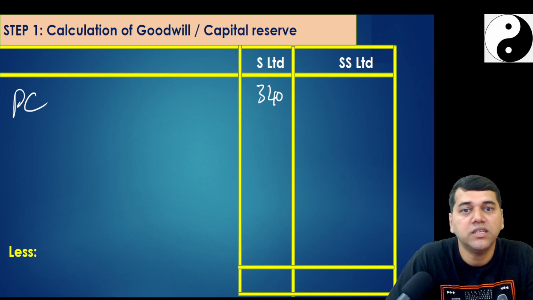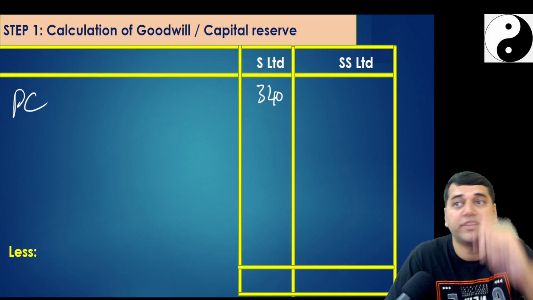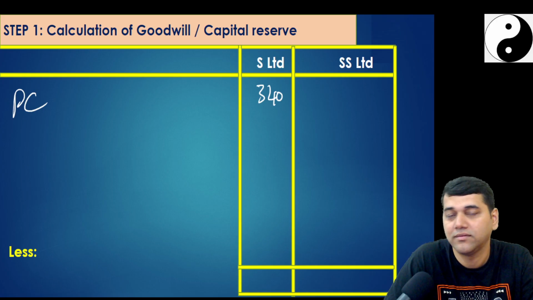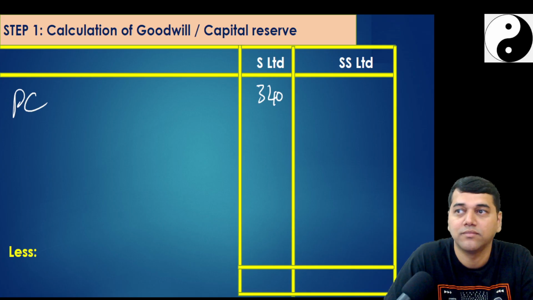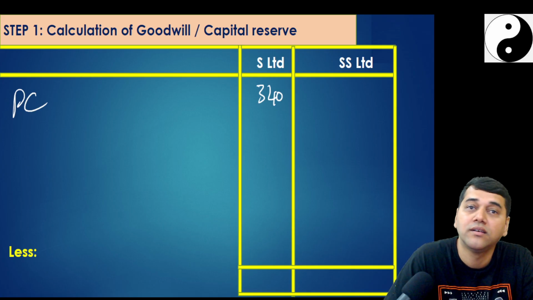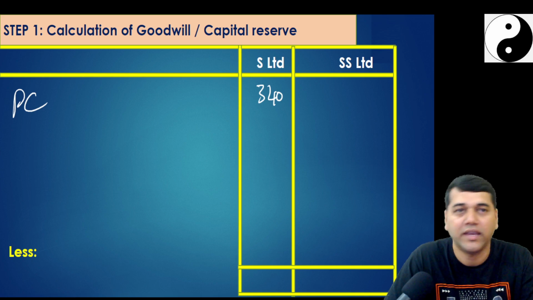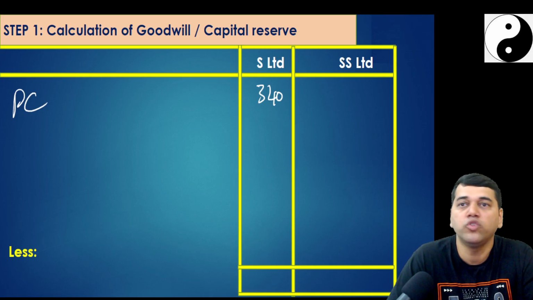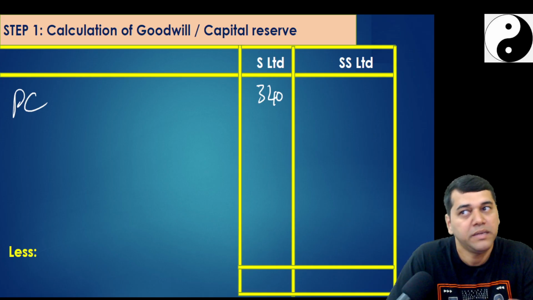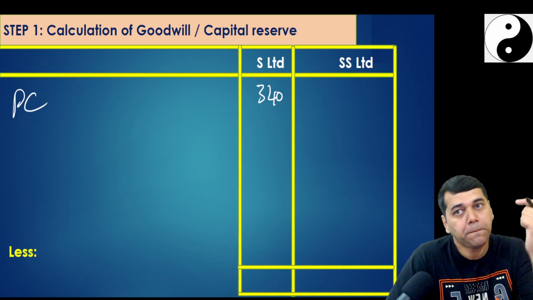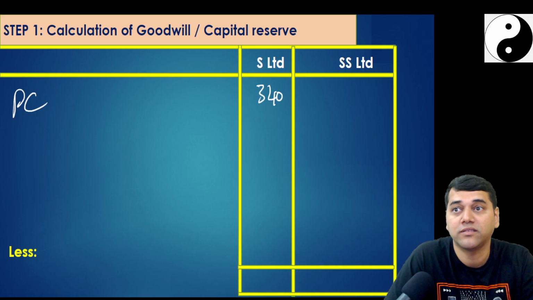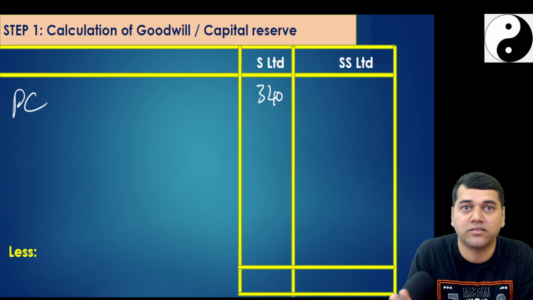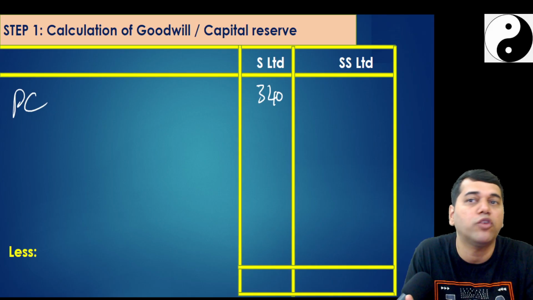How much did P pay to the owners of SS? 280. Who paid? Okay, S means me only, no, Baba. S is my son only, no. How, because who is preparing CFS? P is preparing CFS. How much did P pay to the owners of SS? Because see, when you talk about SS, you have to ignore S. That's why in step number 1 we calculated the effective interest there.